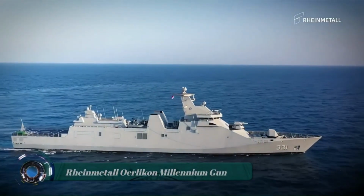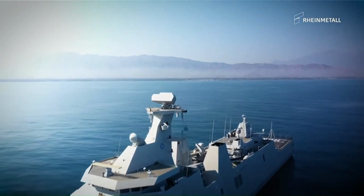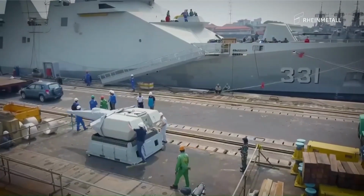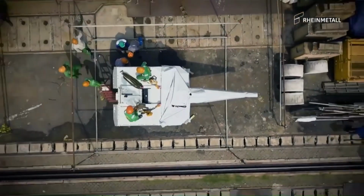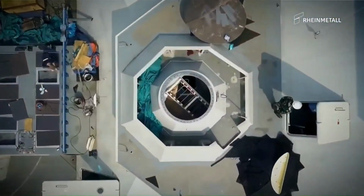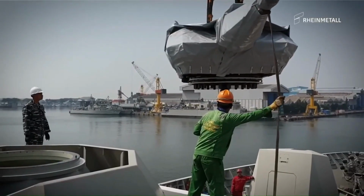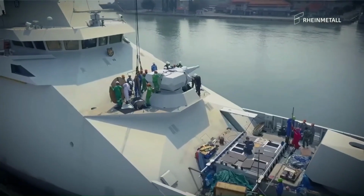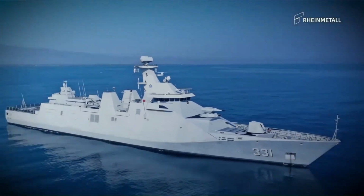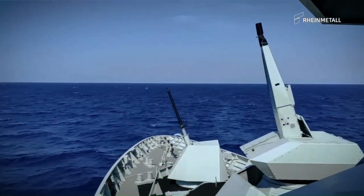Rheinmetall Oerlikon Millennium Gun. The Oerlikon Millennium Gun uses a 35mm revolver cannon and is a multi-mission weapon system designed for a wide operational spectrum covering anti-air, surface warfare and fire support, offering multi-role capabilities in one gun mount. The 35mm Millennium Gun, with its unique ahead airburst ammunition, is a multi-mission, inner-layer defense system,